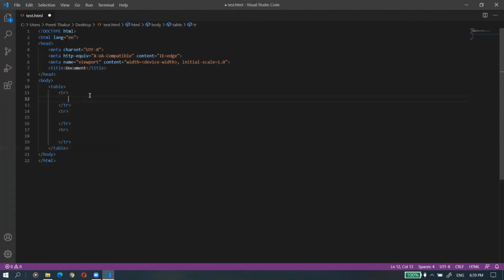As you have seen, there was only one column and one row for the header, so I'm using this TD tag to create the header. And as you have seen, if I look at the whole page, the maximum number of columns is in the second row.